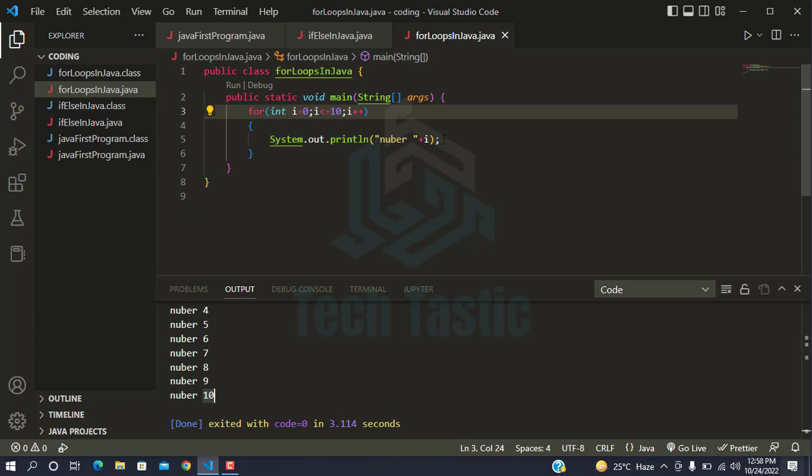So let's make a small application of a for loop. For example, we want to print the table of 10. So let's see how we can make a table of 10 from this code. So if I try,